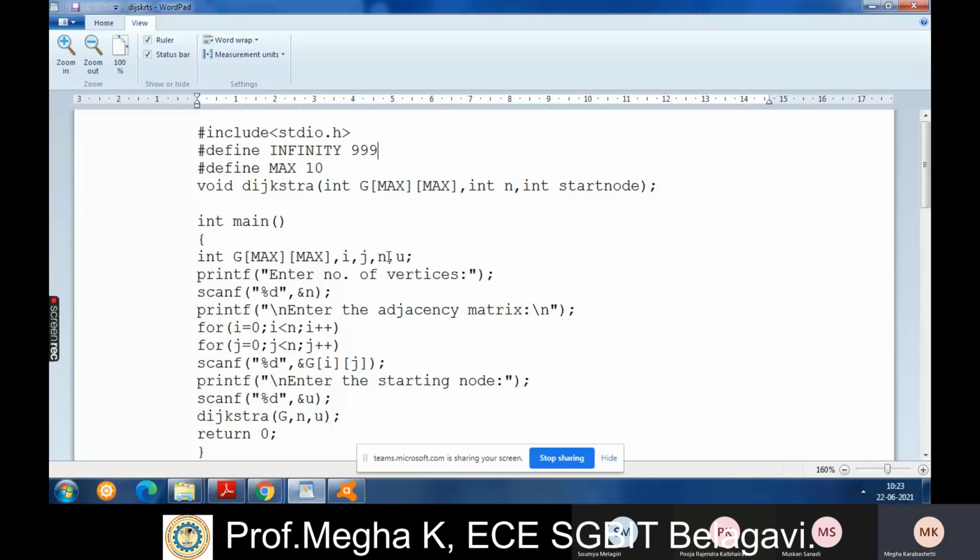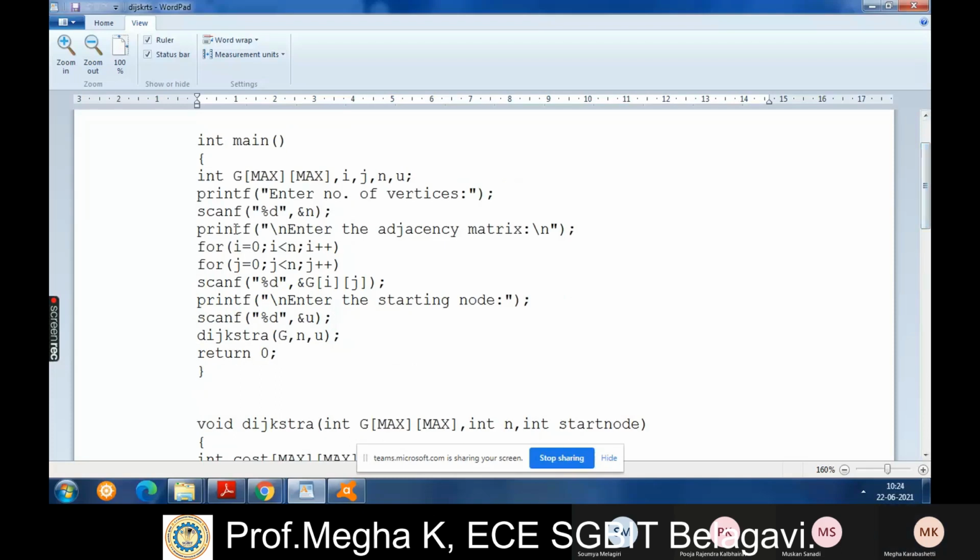G is nothing but an adjacency matrix, and you need to give the values of the adjacency matrix. Next comes int n and int startnode. After writing the main function, we will go through this sub function, or you can say user function.